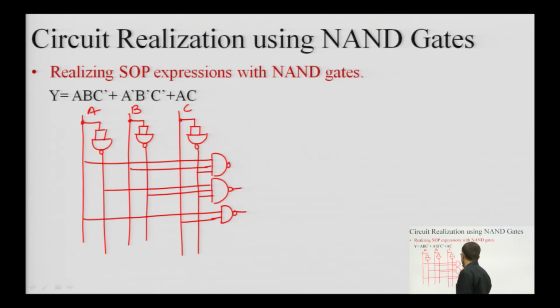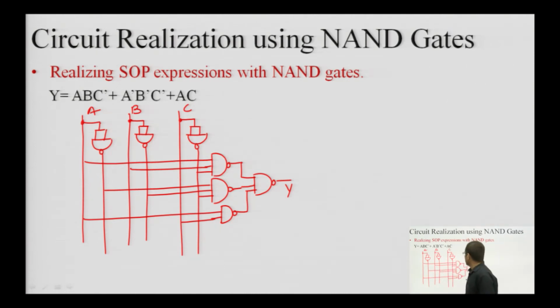So, all 3 products are ready and now they have to be added, but instead of using an OR gate for addition, I am again using a NAND gate, because I have proven it already that AND OR structures are similar to NAND structure. That means, in place of AND OR, we can replace them by NAND. So, this is the NAND realization of this expression. So, it is very much clear to me that an SOP expression can be easily realized using NAND structures.